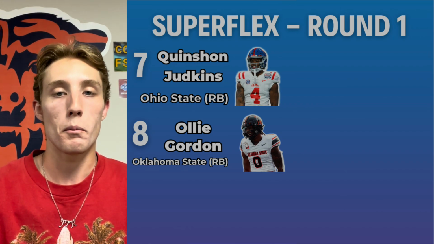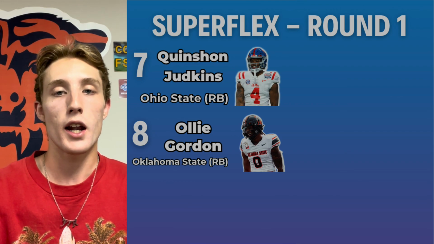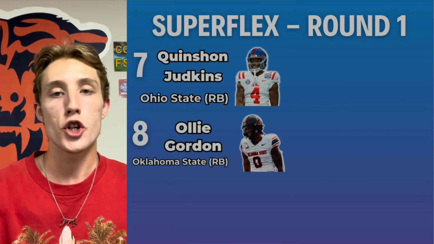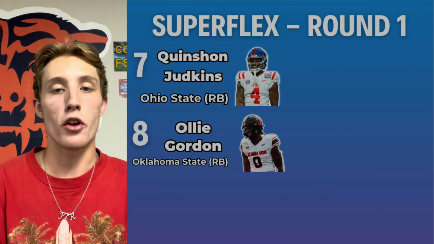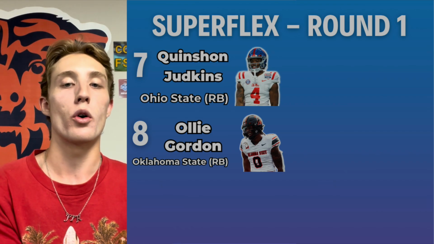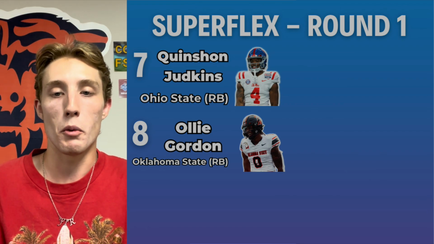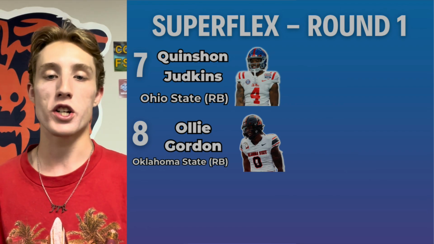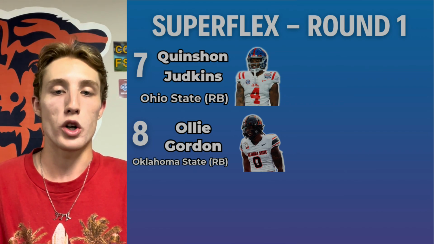Obviously, seeing him behind Judkins in a majority of mock drafts kind of just tells us that I think NFL teams are going to prefer Judkins producing, especially as a pure runner. However, I'm not entirely sure. I think you can make the argument to put Gordon over Judkins, and that honestly might be what I'll end up doing. I just don't want to overstep, putting him super high when he's playing at a worse school like